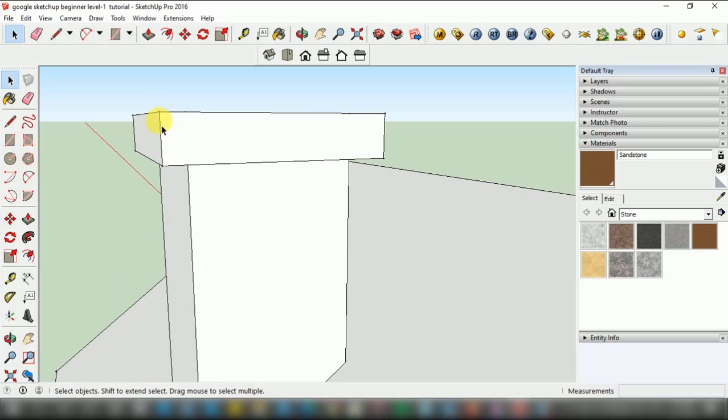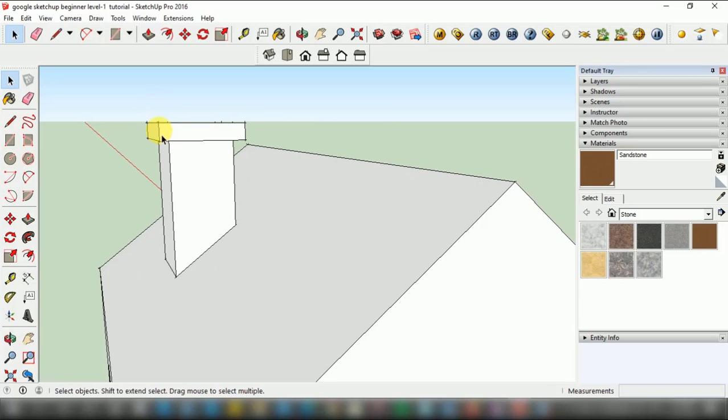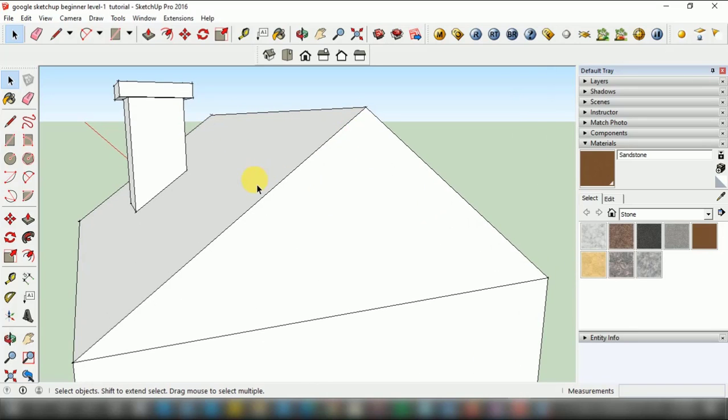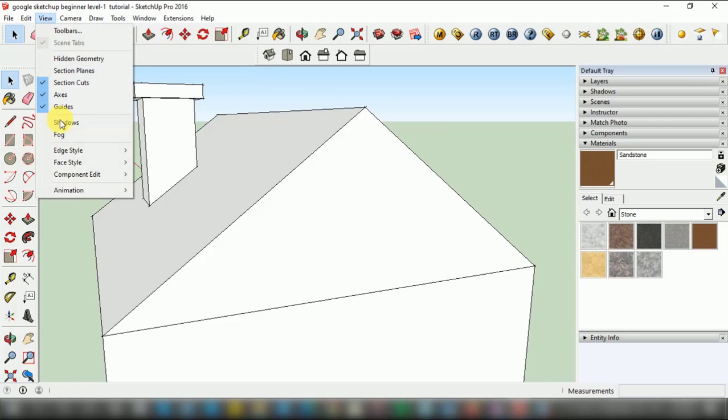You can see this one is extended a little bit upward. Also the inclined lines of the roof, left side and right side, both are intersecting each other, and after that they extend a little bit.